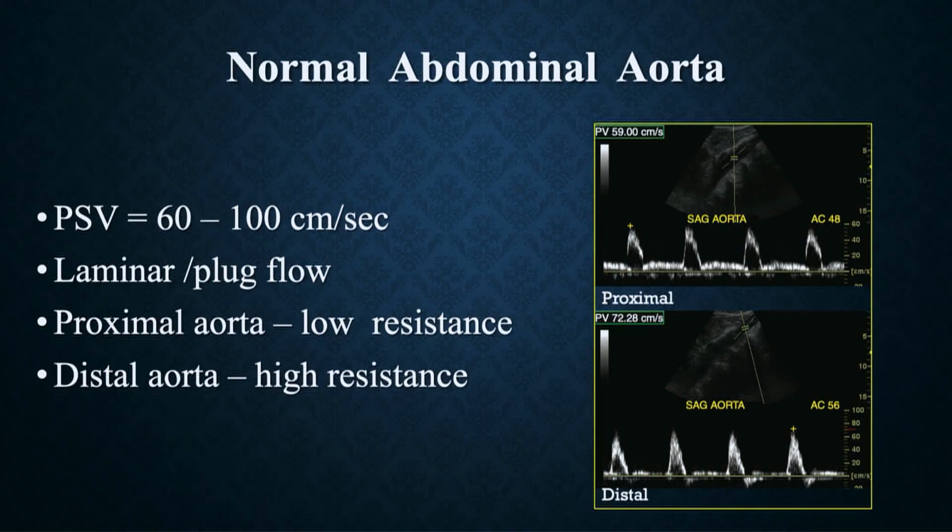The normal velocity range for the abdominal aorta is 60 to 100. Again, very easy to remember. We said for the carotid arteries, it was 60 to 100. For the aorta, it's 60 to 100. For the renal arteries, it's 60 to 100 and on. Common femoral artery, as I will tell you again, is 60 to 100. Very easy to remember. When we're talking about the large abdominal aorta, it should give us sort of laminar plug flow. In other words, all the red blood cells are moving at about the same velocity at any given point